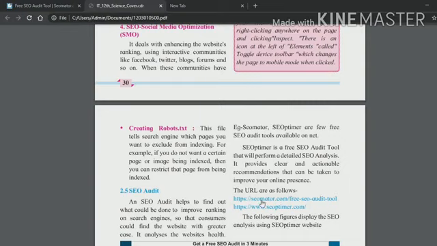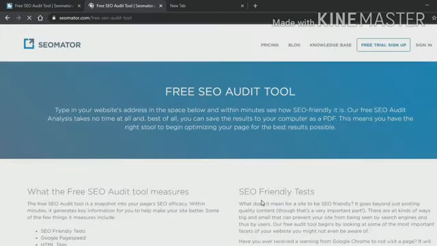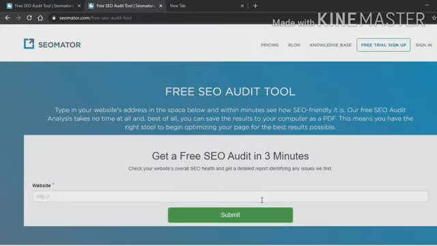Here this is the free site which will check the website and tell us about the website. Here by clicking on SEOmatter.com we will get this type of dialog box.